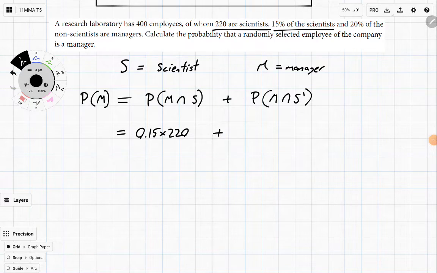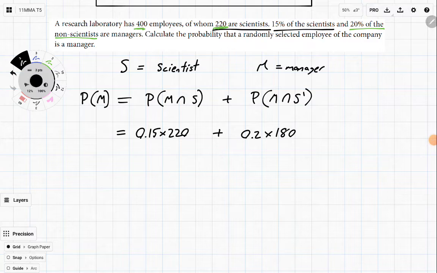But then, how are we going to work out the other section? Well, the other section is 20% of the non-scientists. Well, how many non-scientists? If there's 220 scientists and there's 400 employees in total, it's going to be pretty easy to work out. It's just going to be 400 take away 220, which is 180. And of those 180, 0.2 of them are